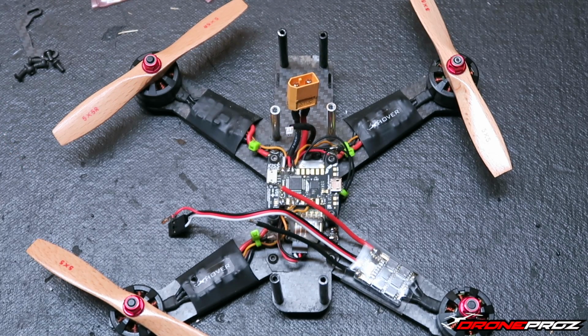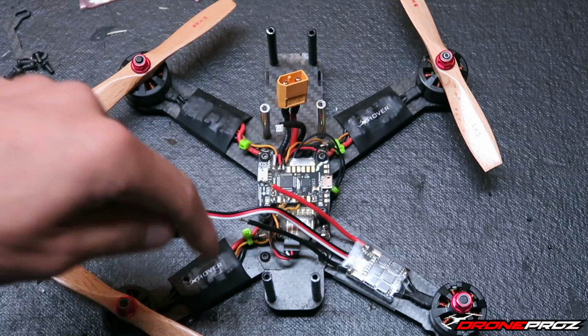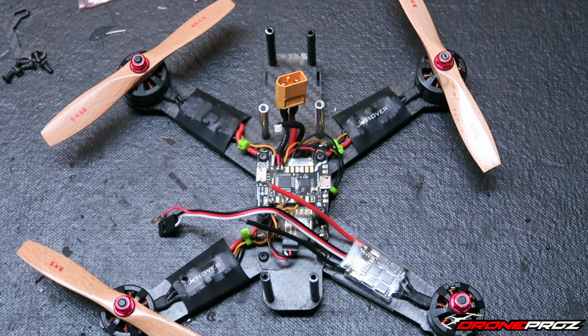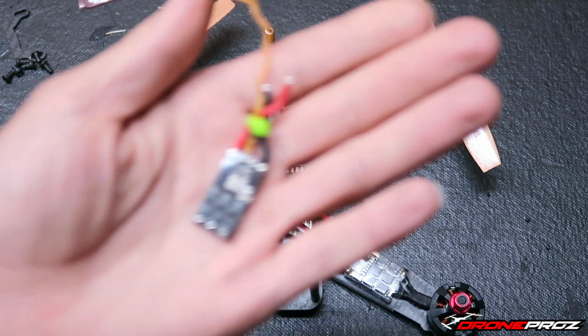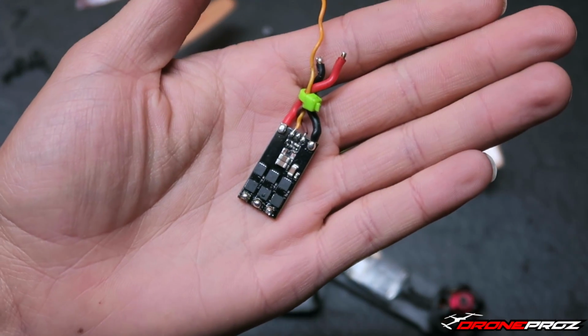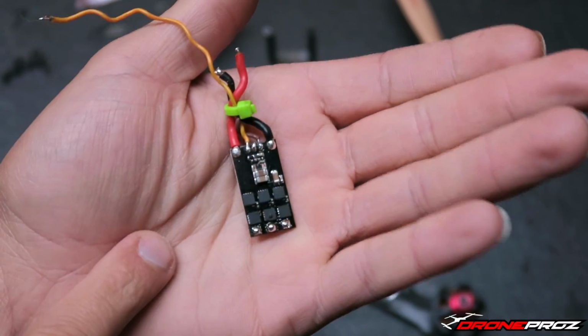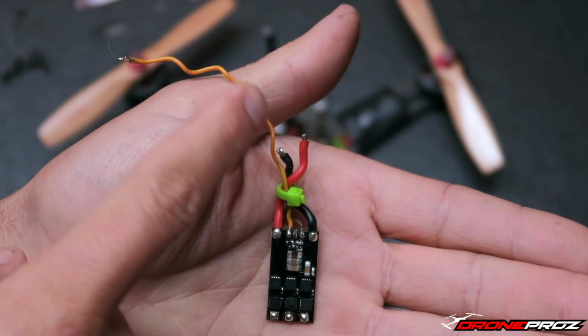But just for a size comparison, I'm going to get one of the ESCs I did remove from there. I am running on the 3, obviously I'm not going to fly it like this, but I've only done a change on one. The other ESCs are the X-Hover 25 amp racing ESCs. They've been absolutely great. I haven't had any issues with them. I just really wanted to try out these KISS ESCs. Now, just for a size comparison, I'm going to hold the X-Hover 25 amp ESC here. A really nice thing about these ESCs are they do have BECs in there. I never did run the BEC. I just use the signal wire,